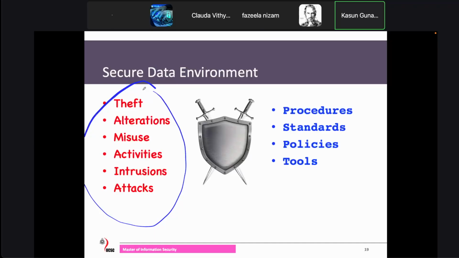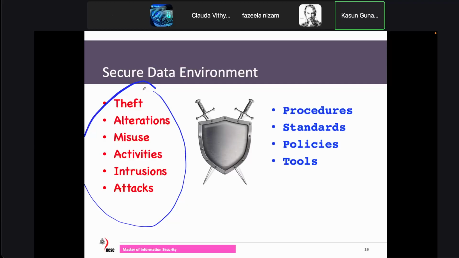So as the shield or as the mechanism against these negative stuff, we should come up with procedures, standard policies, and tools. So that's what we can establish, or that's what we can propose against this